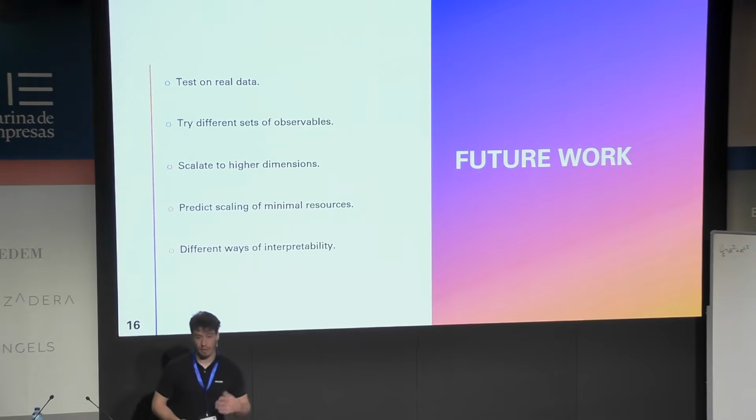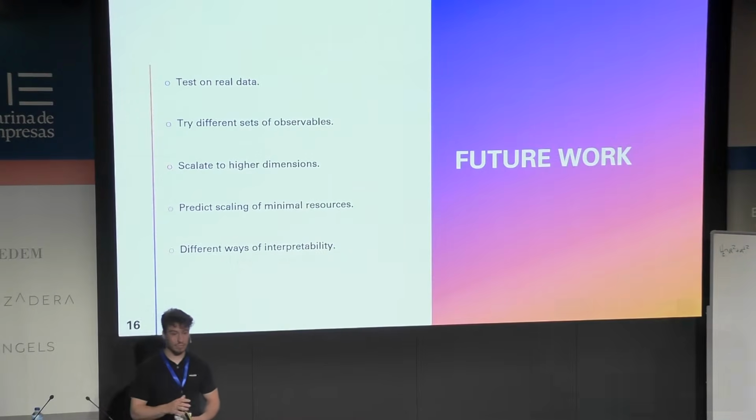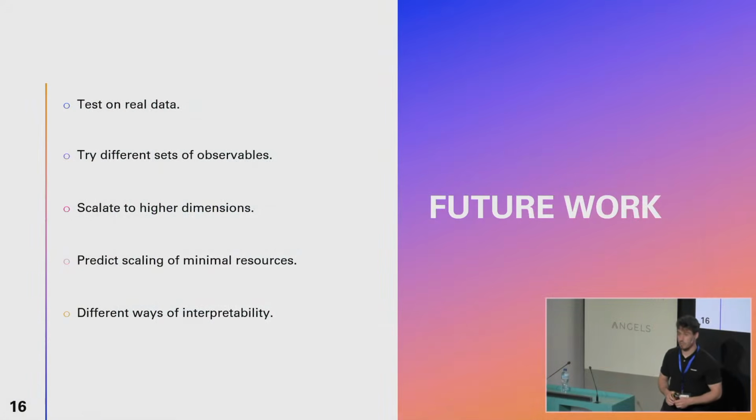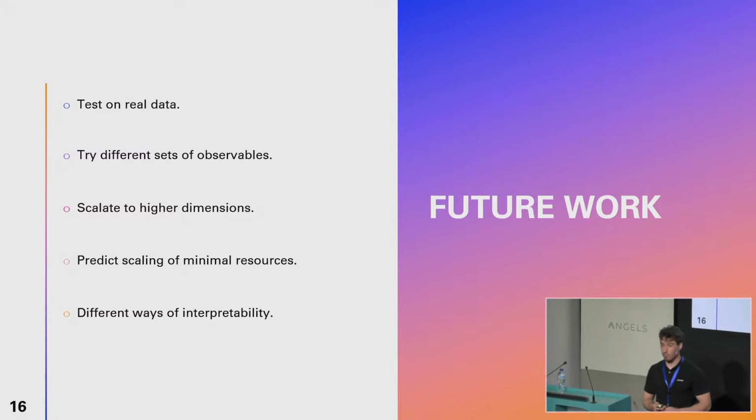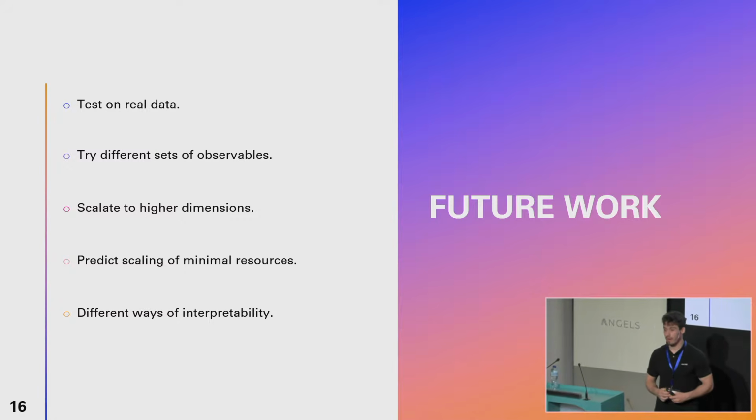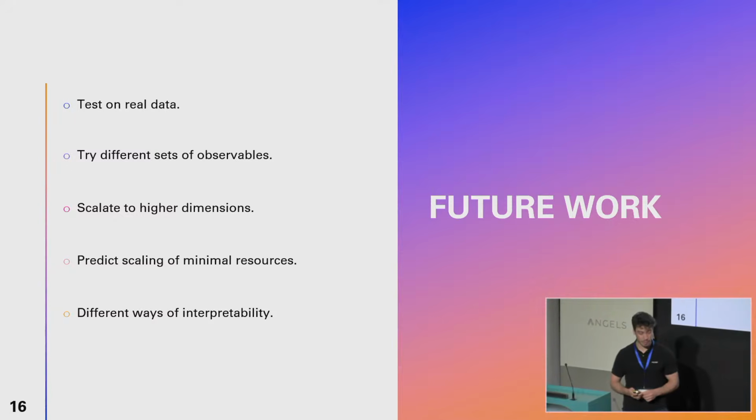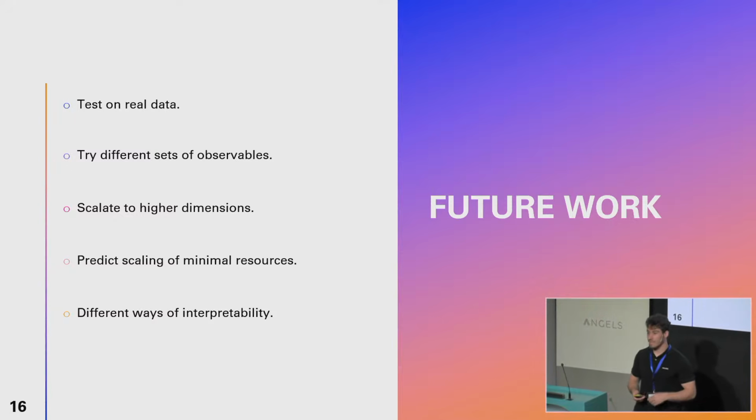For future work, first, as I told you, we are doing this numerically, so testing this on real data would be nice. Also, we are using Pauli tomography, but other more complex observables may work better. To scale this to higher dimensions, maybe changing the classification method. And if we are able to scale it, maybe to provide a scaling